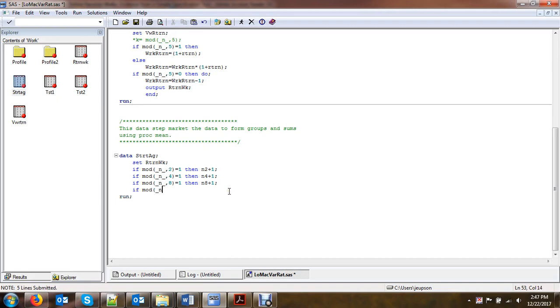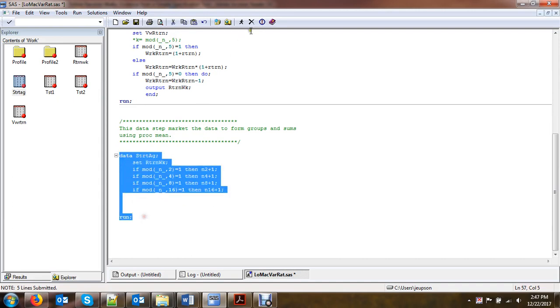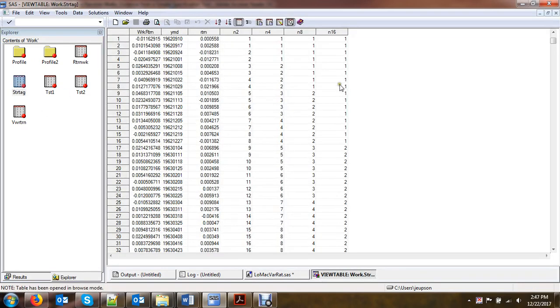And then our last one, that's going to be n16 equals 1, and n16 plus 1. All right, so we've got all of our variables now set up. I'm going to go ahead and just run it again to show you what it looks like, and then we'll take a look at our start_ag. So here's our group of 16, here's our group of 8, group of 4, and then finally our groups of